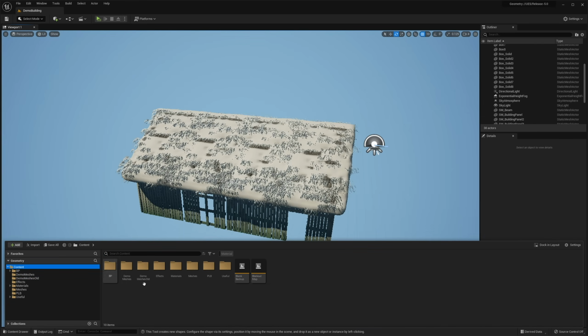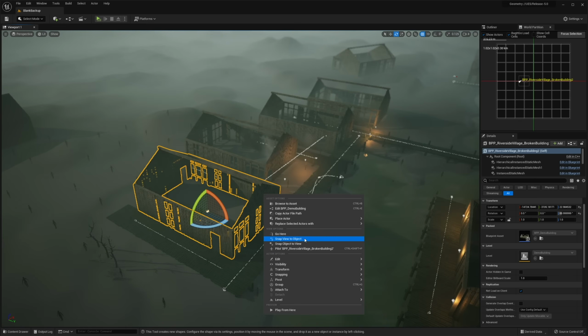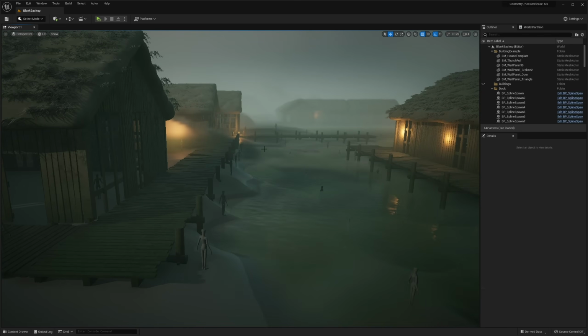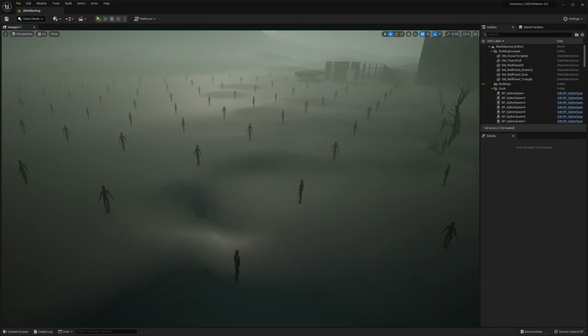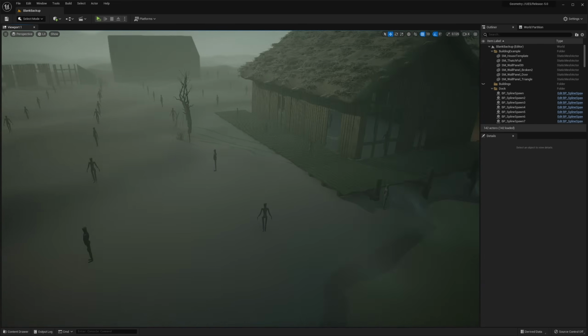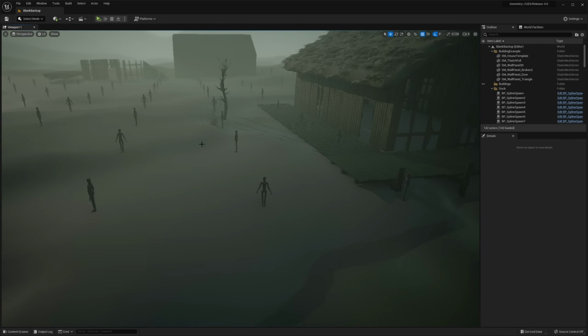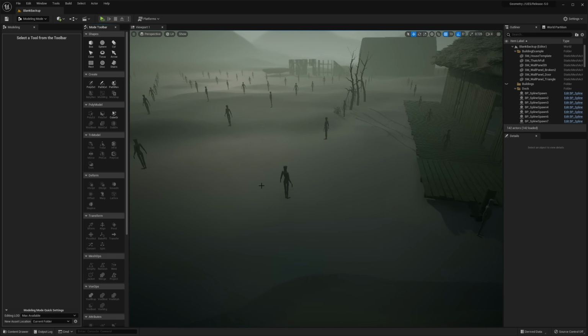Now, if we go back into our original scene, and right click on our building, level, update pack blueprint and save. Now I've added some detail to the docks and the buildings. Let's decorate the landscape. Now to do this, I'm going to use the sculpting tools and create a number of